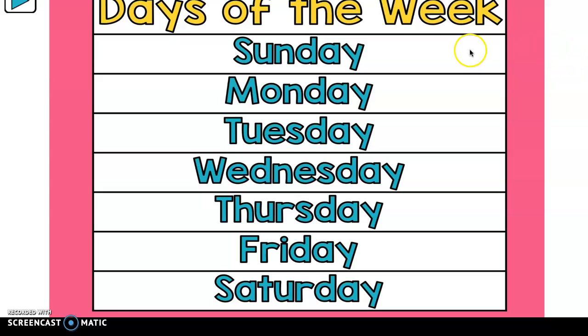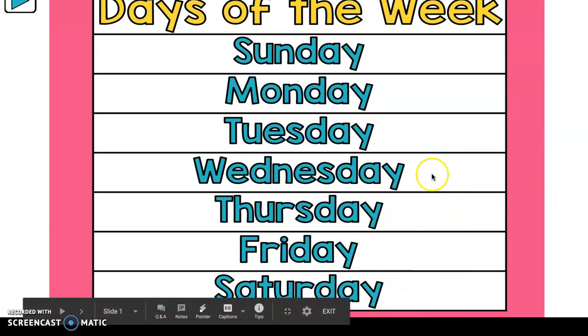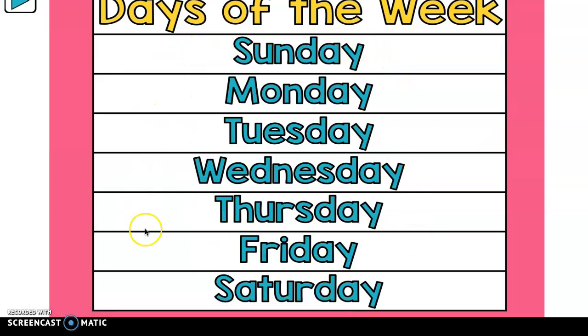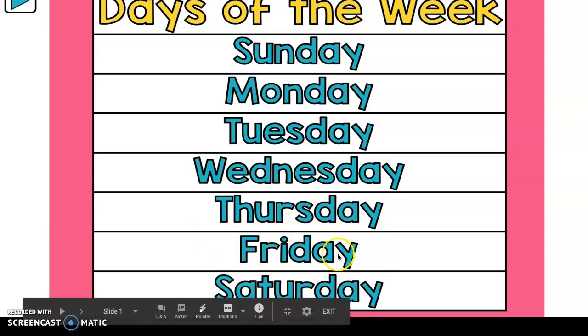Awesome! How many days are there in a week? Let's make sure and count. 1, 2, 3, 4, 5, 6, 7. 7 days in the week. Do you think you know what today is? Let's see, we talked about Thursday, which was yesterday. So if yesterday was Thursday, then today is Friday. Yep, today is Friday, and we always have fun on Friday, right?